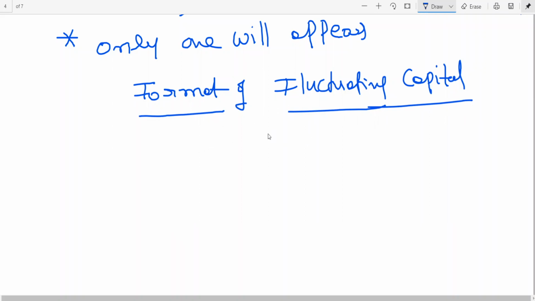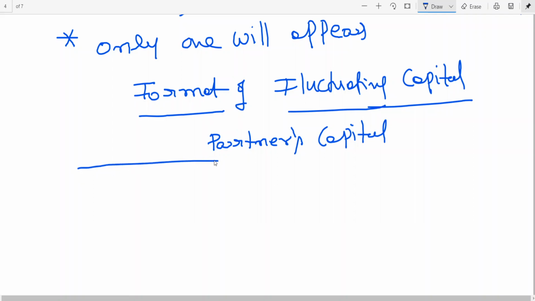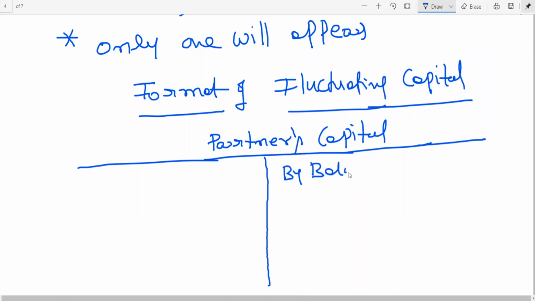In the format of fluctuating capital, what we do here, we open only one account called partner's capital. In simple words, the combination of both capital and current account. Only one account. By balance brought down